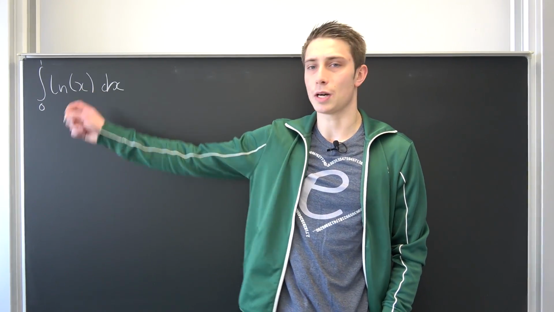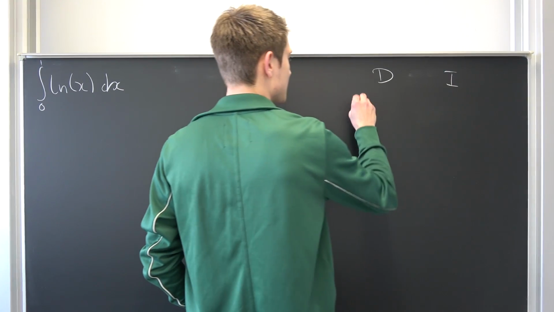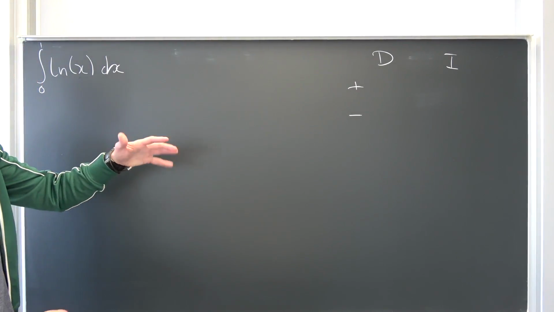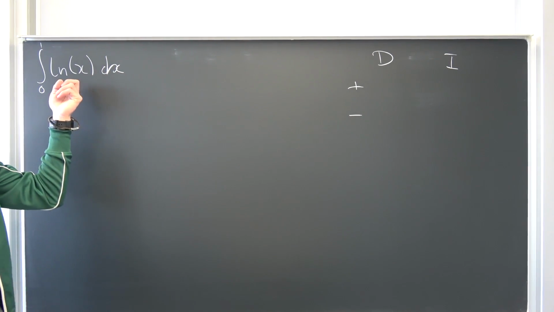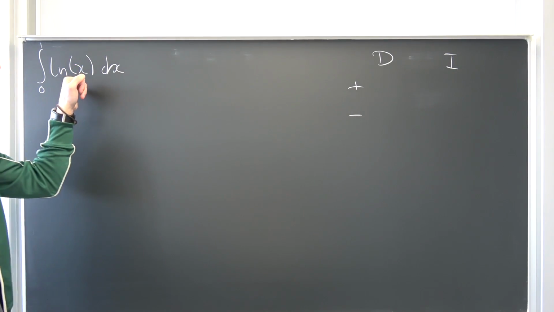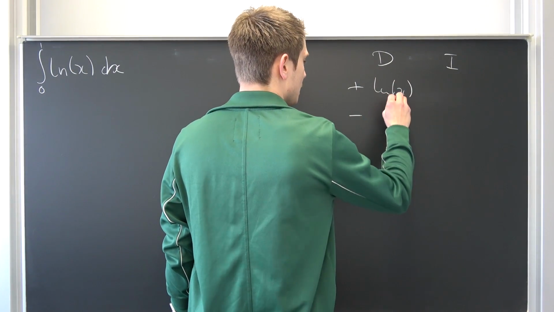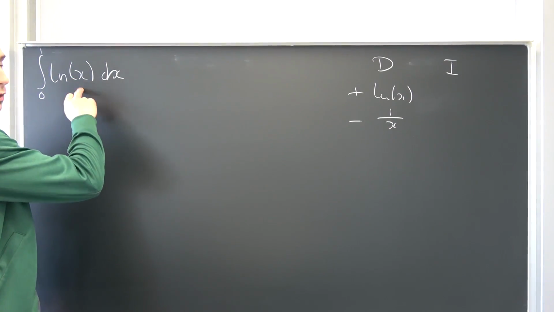I would like to do integration by parts on here. So we need something to differentiate, something to integrate. We have evaluated this one quite often already in other integrals. It pops up all the time. So we don't really know how to integrate the natural log of x, so why not differentiate the natural log of x, leaving us with 1 over x in the process. But what to integrate? Well,